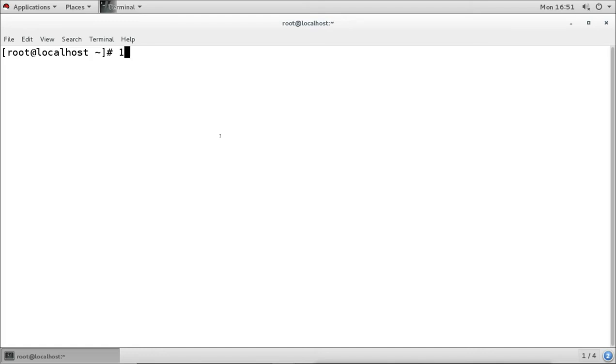First, it does the POST. POST means power on self test, and in this it checks the hardware, whether the hardware is okay or not. Then when everything is okay, it will go for the boot sequence which is set in the BIOS. It checks the boot sequence in the BIOS, that is, which device we have configured to start the system.